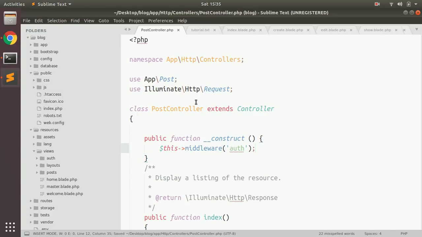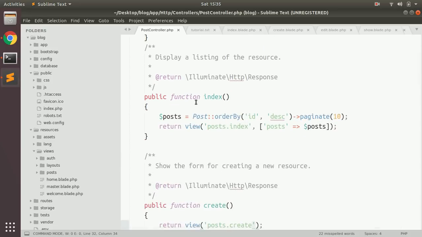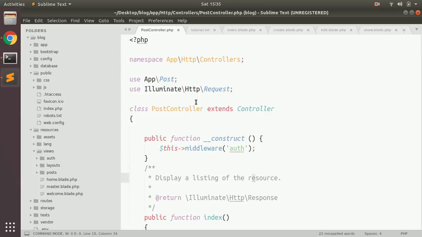So what does this function actually do? We know about the construct function in PHP. It's a magic method. Before loading any of the functions, it loads the construct method. In the construct method, we are telling that before loading any of the methods, we need the authentication. So that's all. This is pretty simple. But the thing is, we need authentication for create, update, delete, such kinds of things, right? So in this case, we are telling